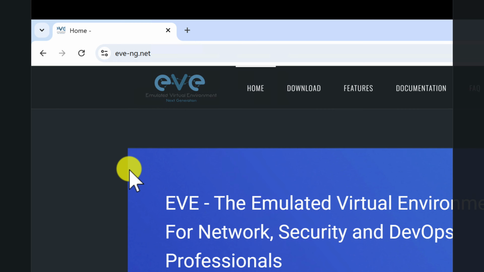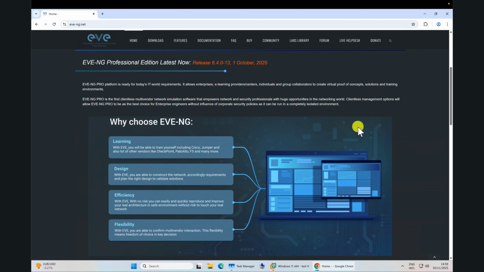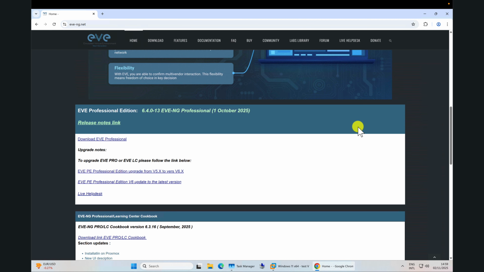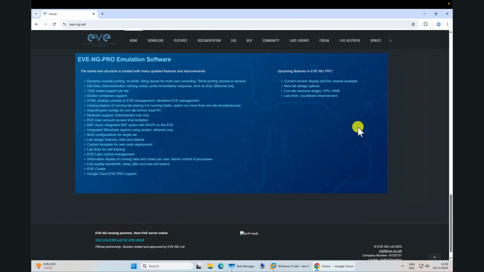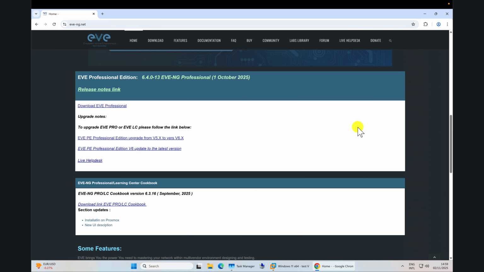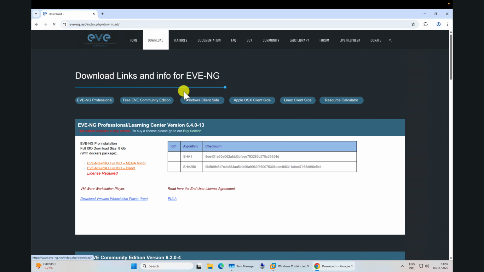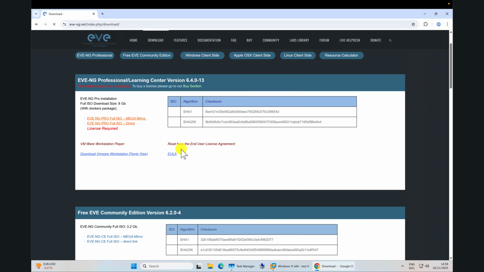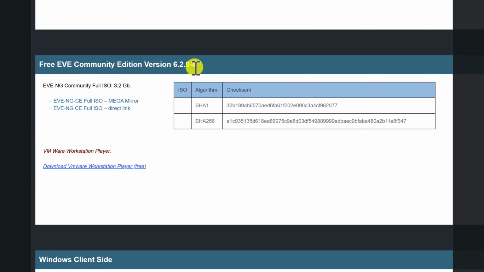After reaching the site you will see a home page like the following. You have to go down and find EVNG Community Edition. For this we have to go to Downloads. In Downloads we see EVNG Professional, which is a paid version. We don't need the paid version now. And there is a free EVE Community Edition version